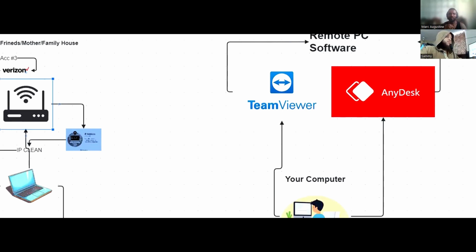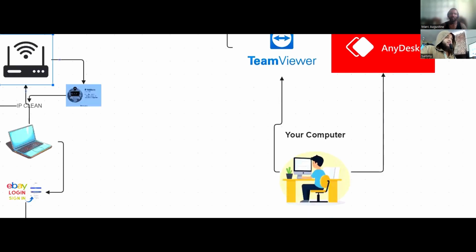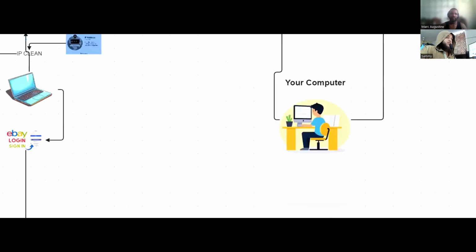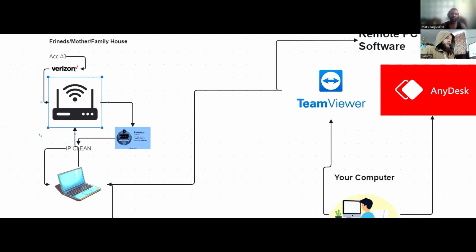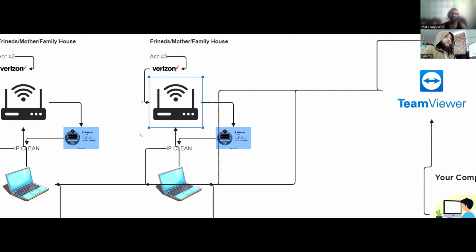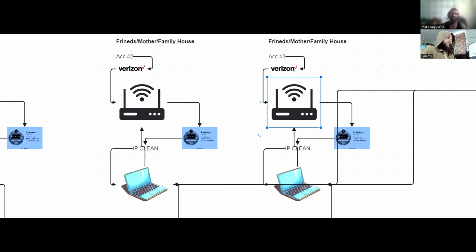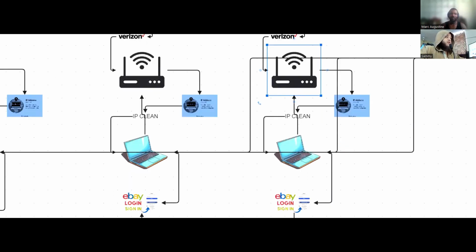With these remote PC programs, you're going to install it on all of these computers. You install it on this computer, on this computer, and on the last computer as well. Let me see if I can connect it over here. This is getting a little crazy, but I'm drawing the lines as we go. Now that you've installed it on all three computers, since you also have it installed on your own computer, you connect to all of them from your computer.